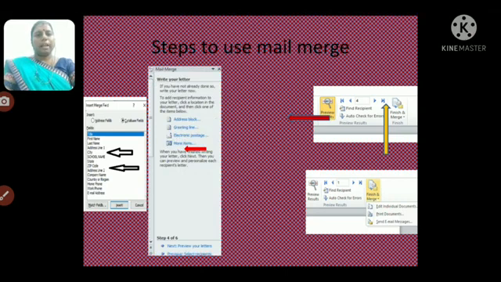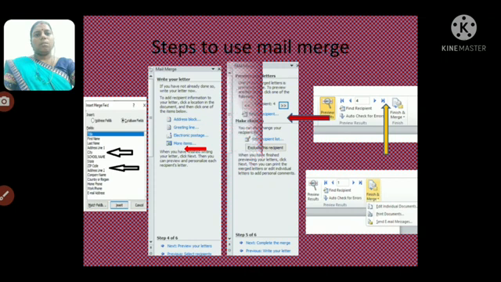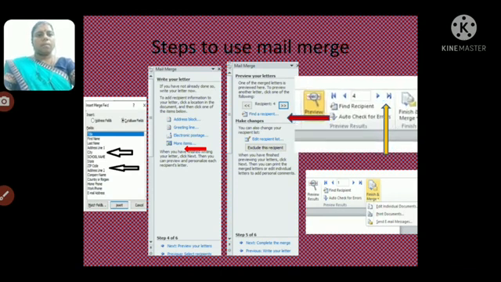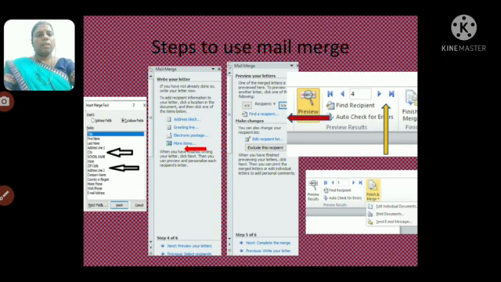That is more items. When you click on more items, on the right side you see the 2 arrows. There is a list of things in that: address, name, title, last name, first name and company name, city, state, etc. Whatever you want to insert in the letter, you can select from those. Then step 5 opens.